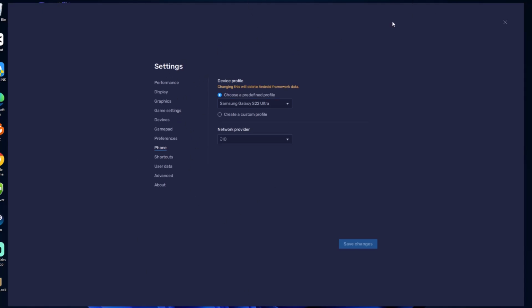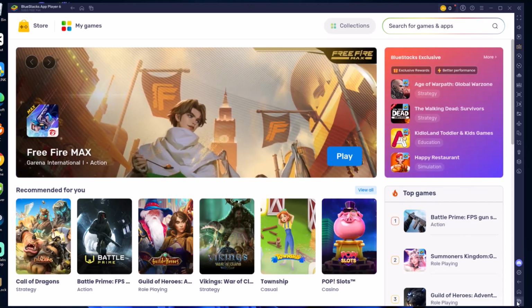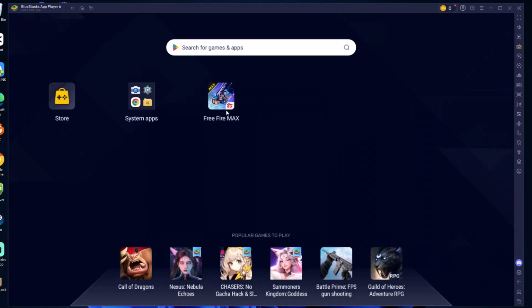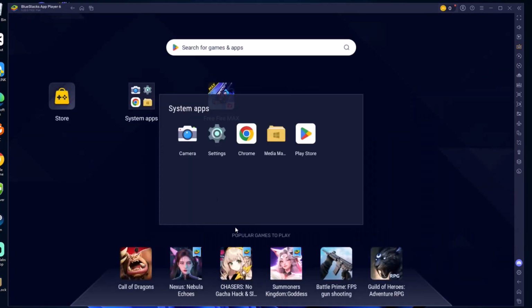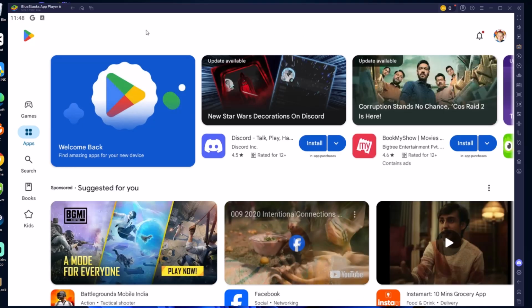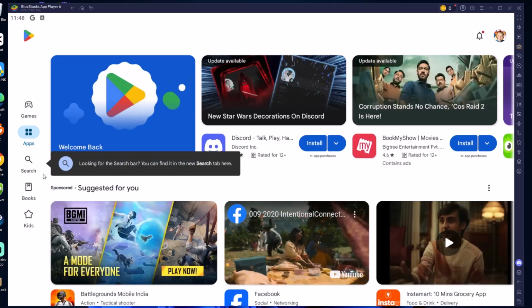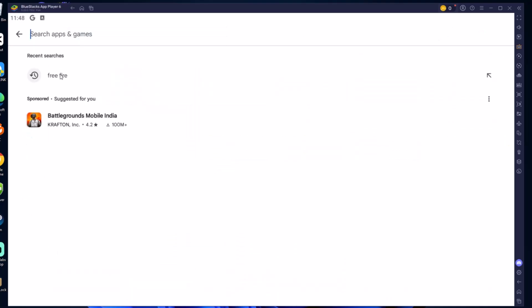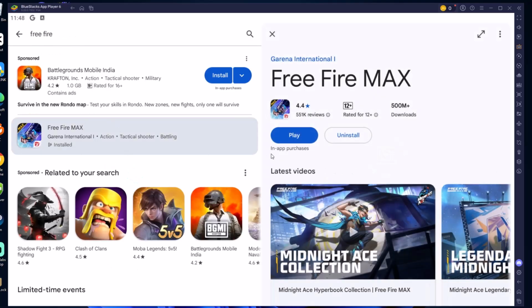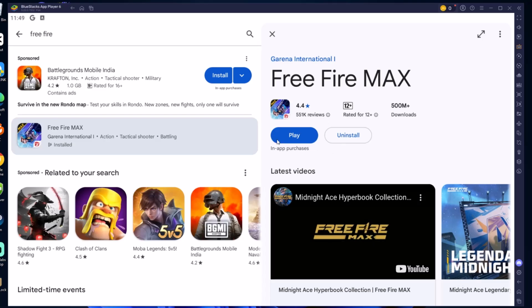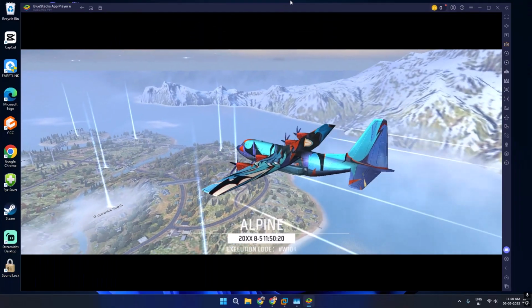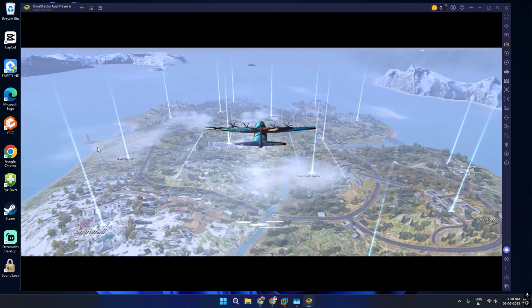After that, you just need to close this here and close this here as well. And then select the system apps and select Play Store. And you just need to search for the apps you want to install. For example, I'm having Free Fire. I actually installed it before. After installing it, select the play option, and now you can play games that